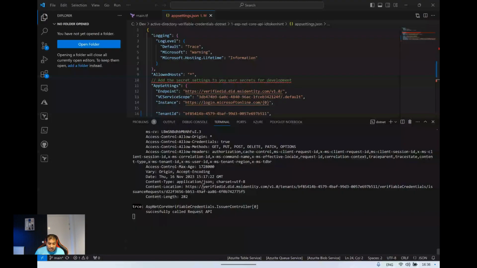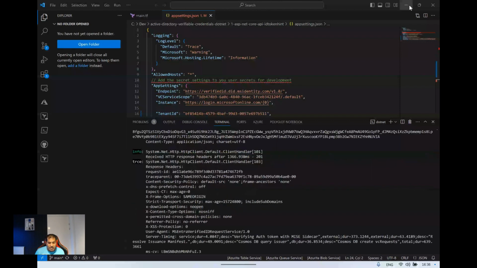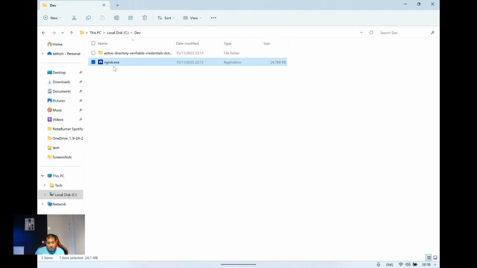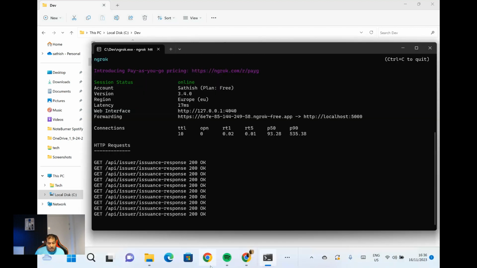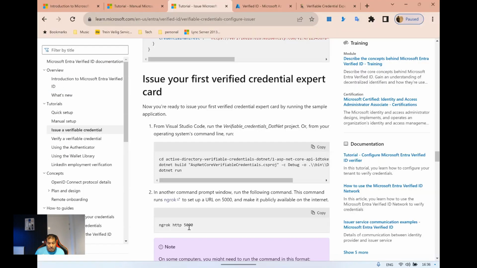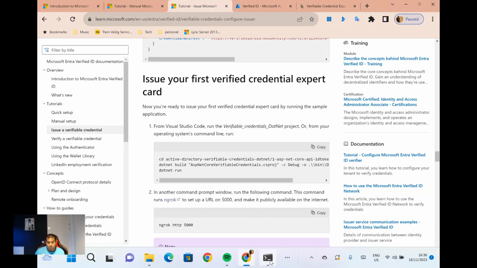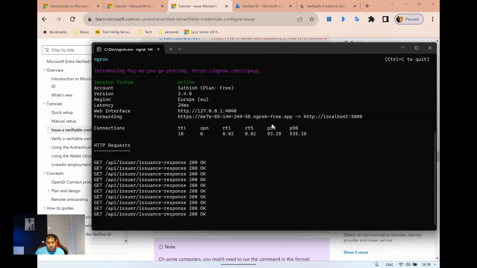And then the next thing is you need to bring this application into contact with the Azure tenant which you have. For that, you need to download ngrok, which I have already done. Open ngrok, and after you open it, you have to run the command with port 5000. That's what is mentioned in the website. When you call ngrok on HTTP 5000, it is going to give you a forwarding port and URL. So basically, I've done that, and I'm just going to show this. Copy the forwarding URL, and the moment you do that,